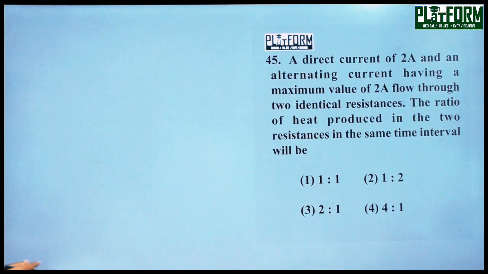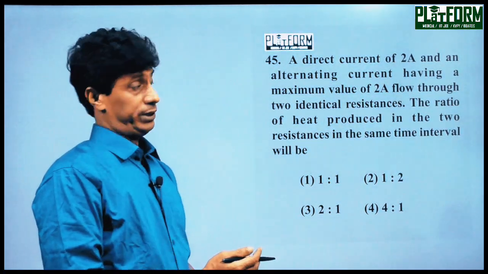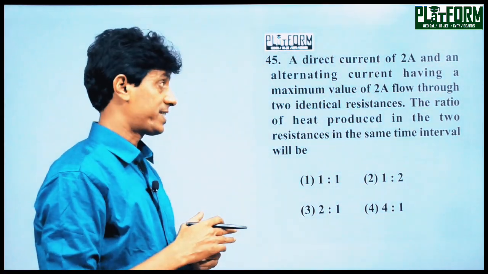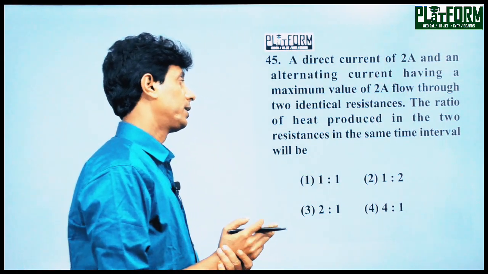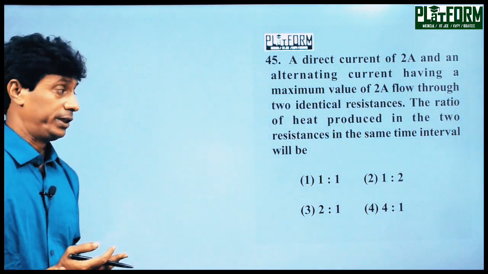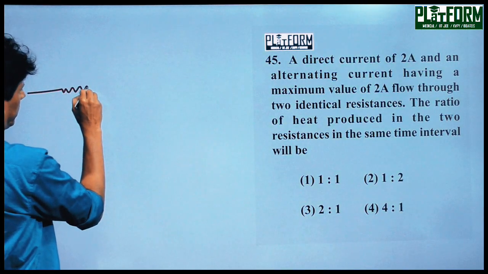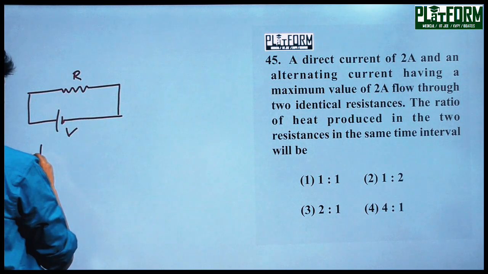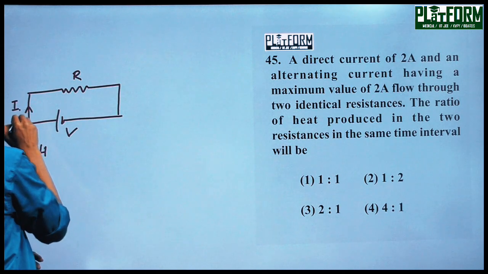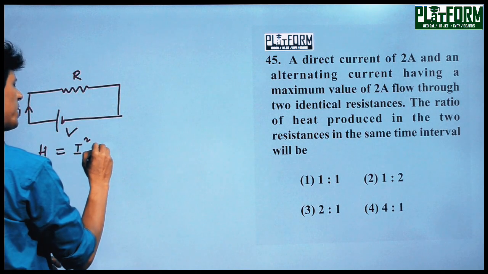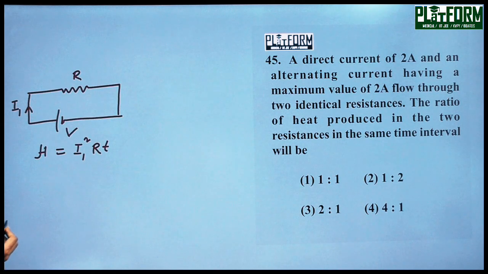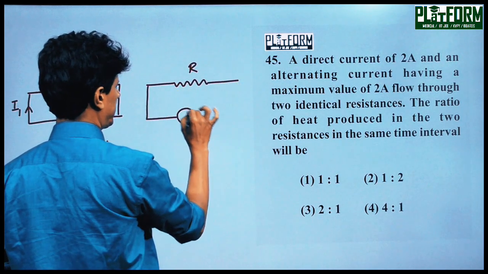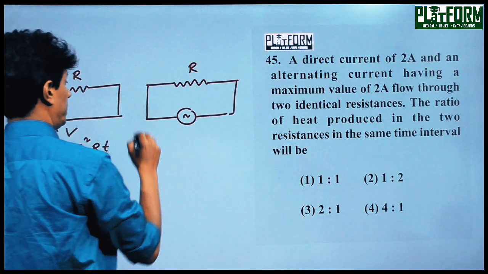Next problem. A direct current of 2 ampere and an alternating current having maximum value 2A flow through two identical resistances. The ratio of heat produced in the two resistances in the same time interval will be. It is actually R. In the case of DC source, heat production is I1 square RT. And in the case of AC circuit, connected across the same resistance, the peak value,